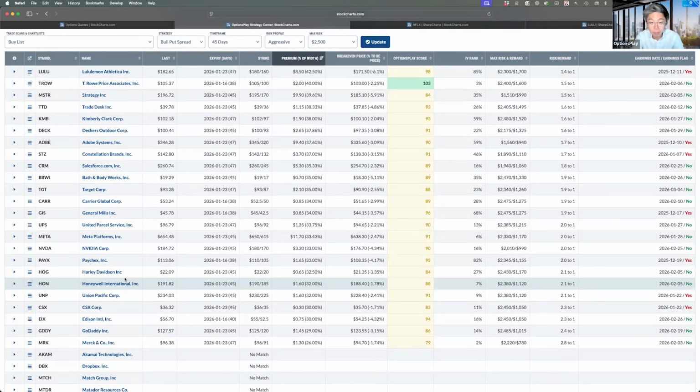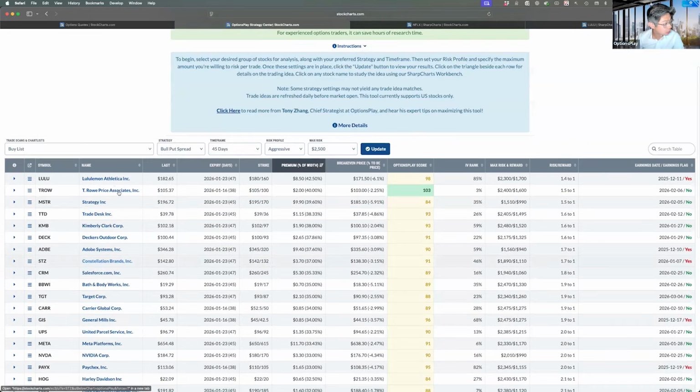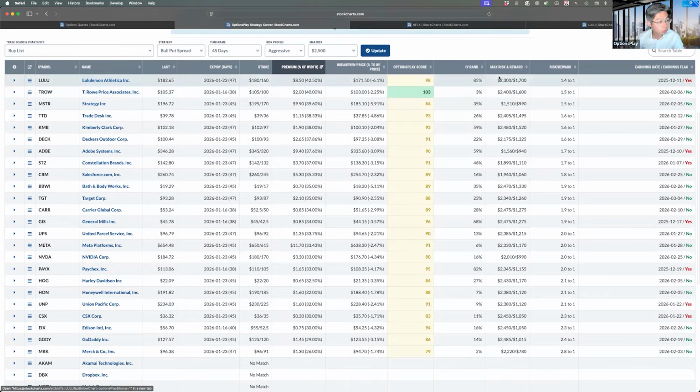So if I'm looking at a buy list, I'll use the bull put spread because that's the bullish credit spread. And what it does is it ranks for me and tells me Lululemon is going to give me the best risk reward ratio. For every $1 I can potentially make, I'm risking $1.4, which is incredibly strong for a credit spread. There are a lot of credit spreads that people trade where they're risking $3 for every $1 they can potentially make, or upwards of $5, $7, even $10 that some people,